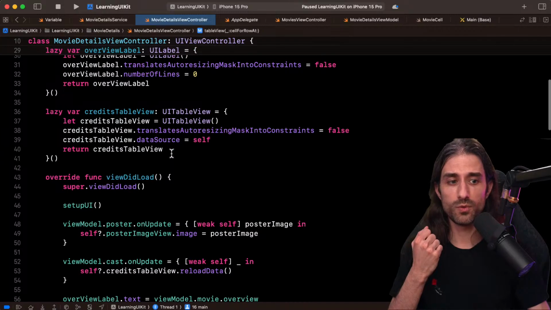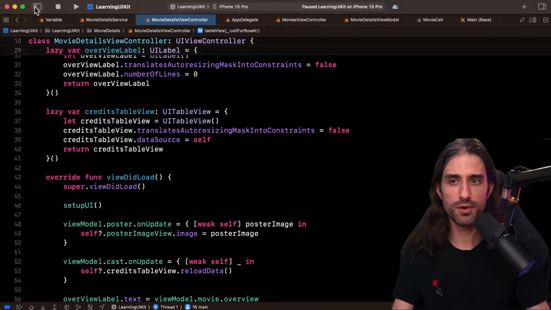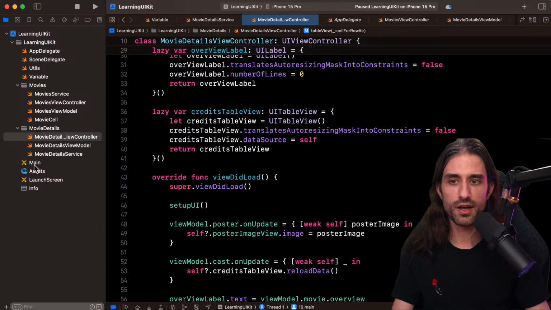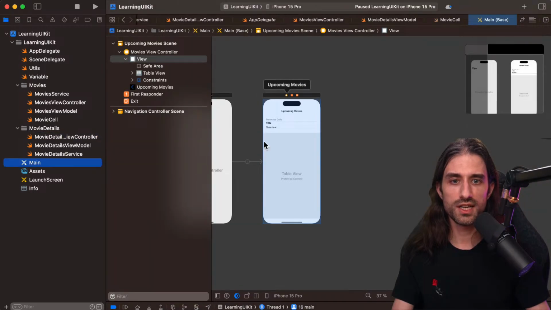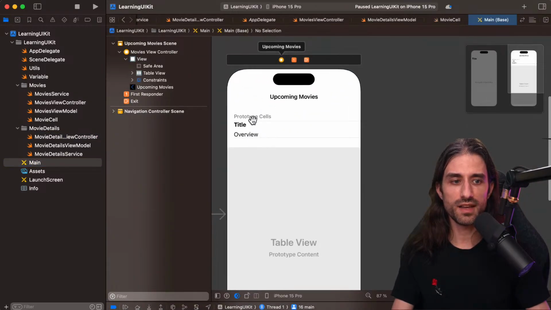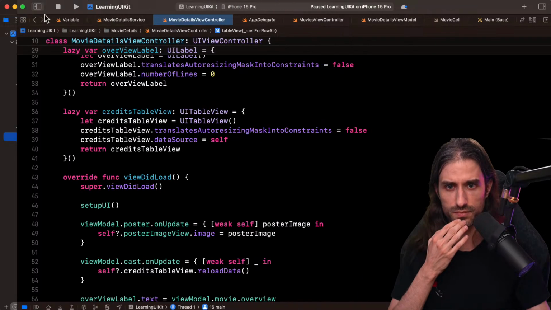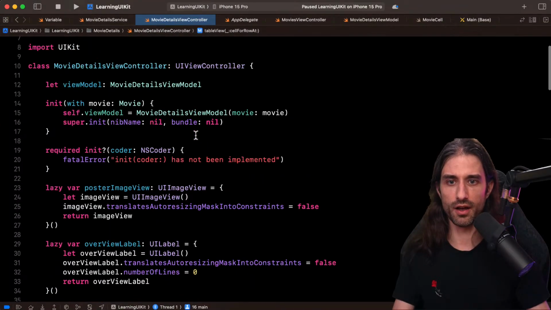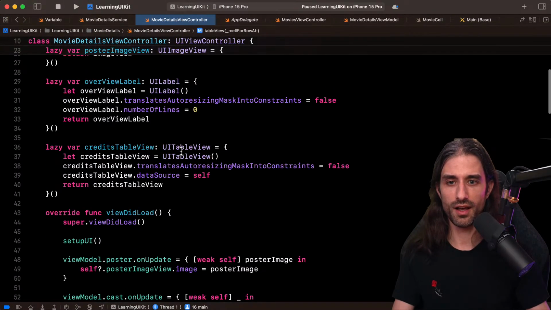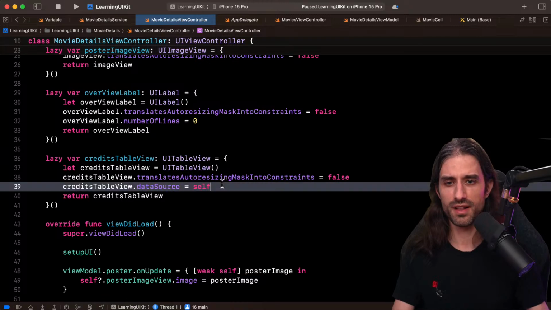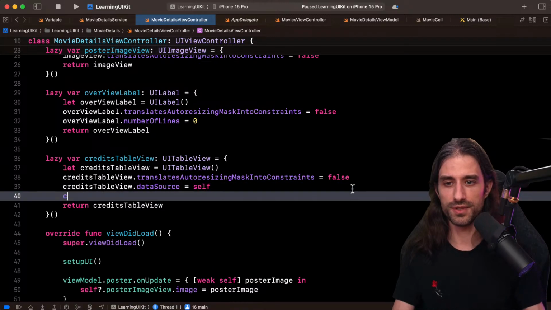We didn't need to do it when we used the storyboard, because in the storyboard, we used prototype cells, and prototype cells are implicitly registered with the table view. But here, since we are doing everything manually, we need to register the cell manually with the table view.